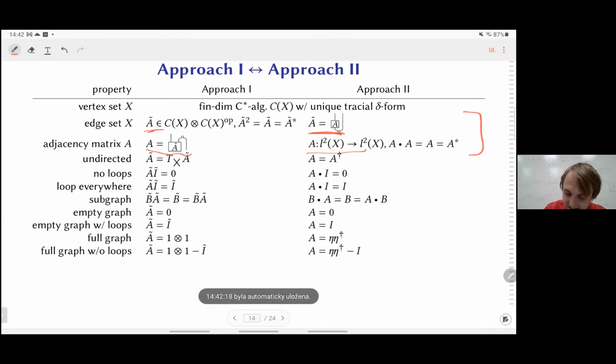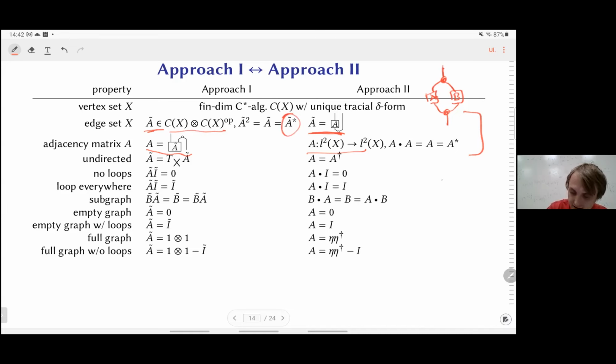And the idea is that this bullet product, this entry-wise product of two matrices, which we model this way, exactly corresponds to the C-star algebra product in this setting, and the C-star operation exactly corresponds to this star operation that was defined this way here. So this is where it all comes from. So now it should become slightly more clear, I guess.